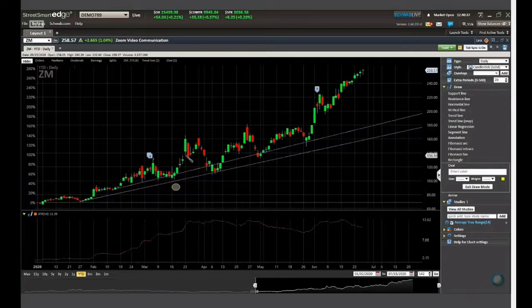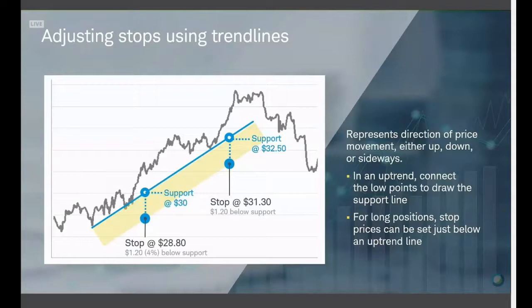So it comes down and pulls up. That's your opportunity to reset your stop. Comes down and pulls up. Next opportunity. Reset that stop. So you're going to keep resetting these stops a little bit higher as they hit off of that support line. Comes down, pulls up, reset that stop. So you see how I've manually reset the stop. Again, I'm limiting my losses and I'm also letting my winners run. That's exactly what you're doing with this trend line stop.